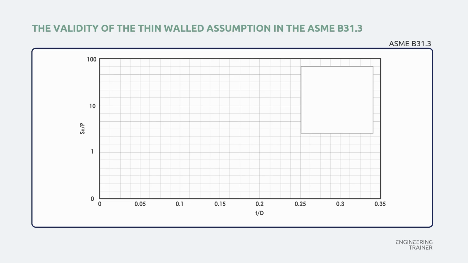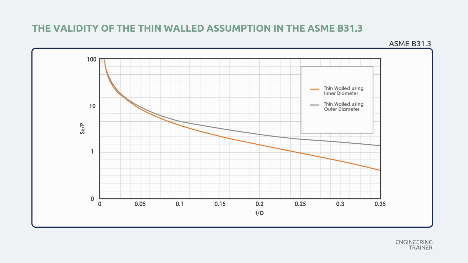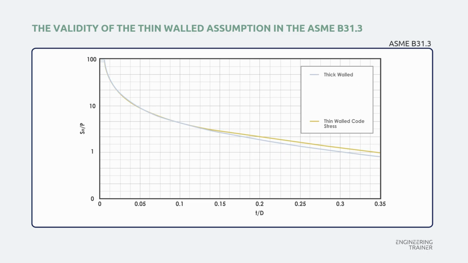Let's first plot the thin-walled relations using the inner and outer diameter. These are not prescribed by the B31.3 code. Between these two relations, we plot the code-specific thin and thick-walled relations. Let's remove the relations that are not specific to the B31.3 code so that we are able to compare the thin-walled and thick-walled relations. As discussed earlier, the relations overlap at low wall thicknesses and start to diverge at higher